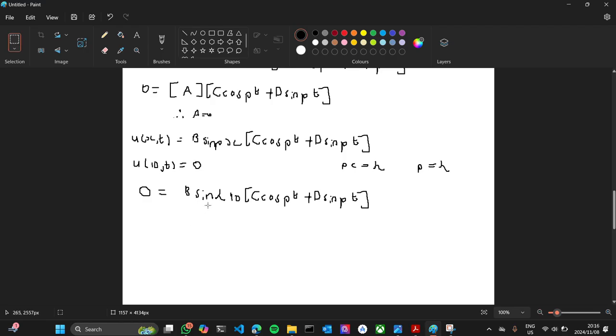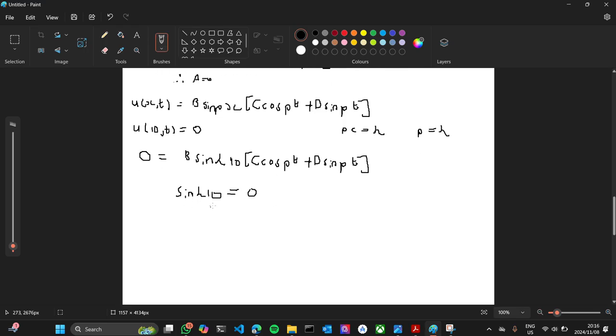So that means then that sine of lambda 10 has to be equal to 0. Okay, and